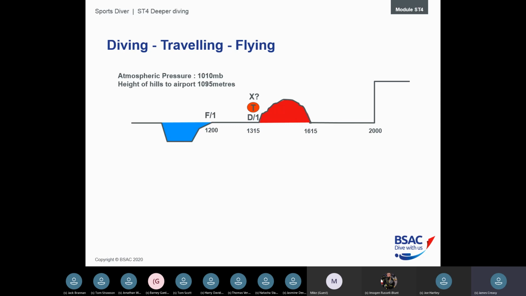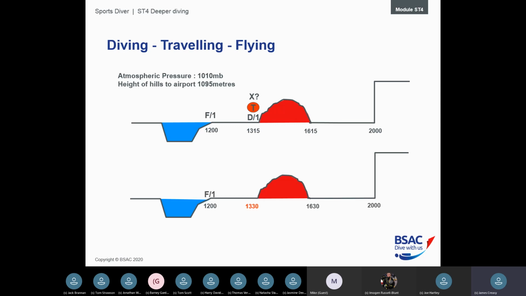So we're now on a tissue code D, still at level 1. We've now ascended the hill, going over a hill to get to the airport, which is 1,095 meters. So we are going to ascend, and when we get to that height, we will look back at the table. 1,095. That first table we think with all the lines would say that we're now at a level 3, and